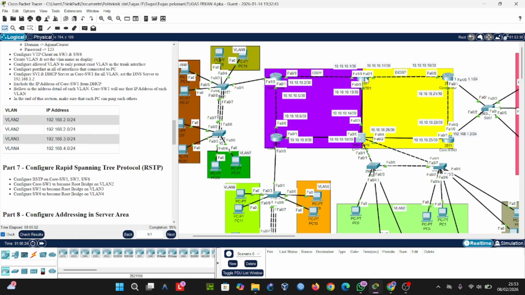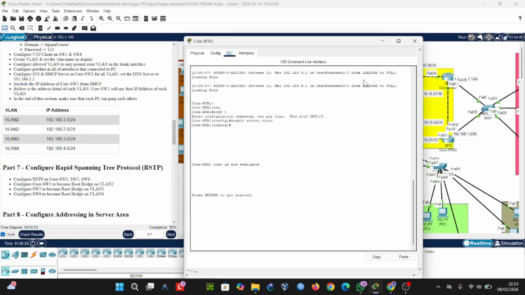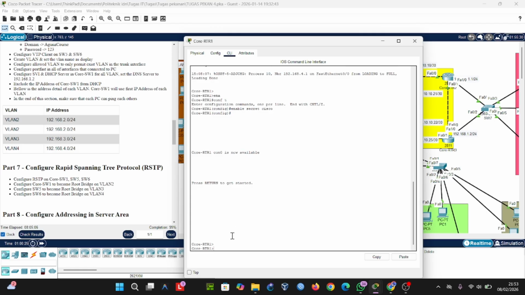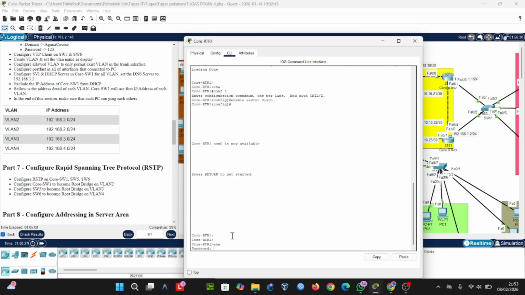Okay, the same again in router RTM 1, the same configuration.